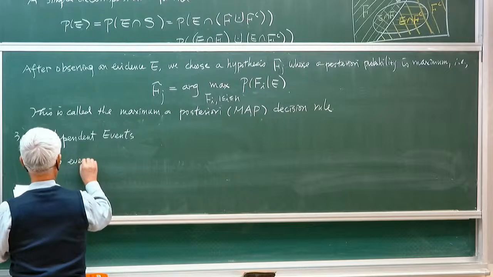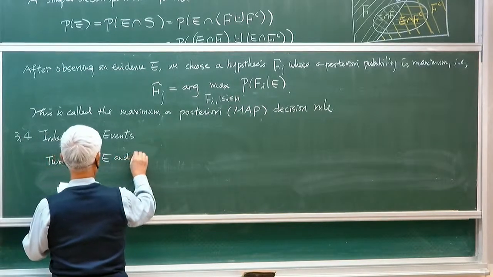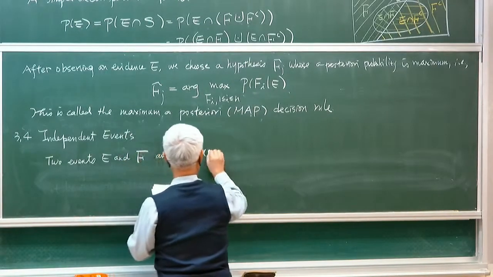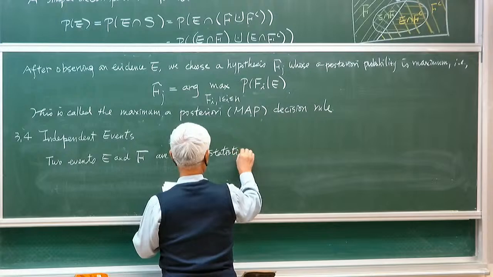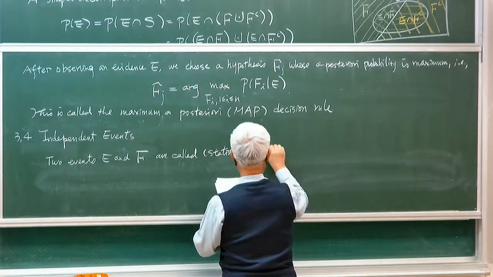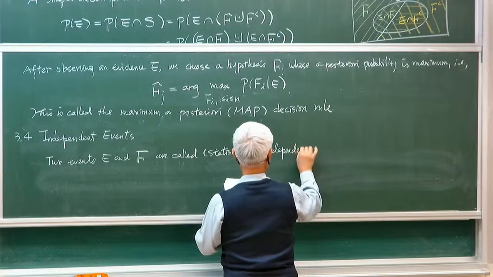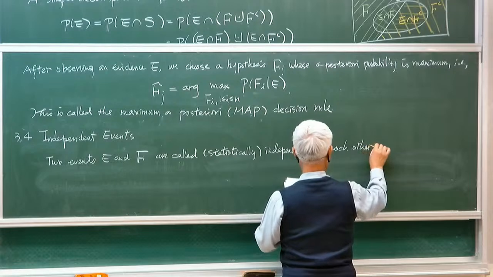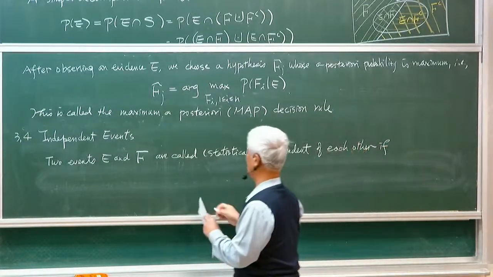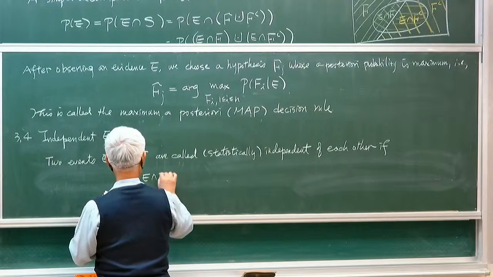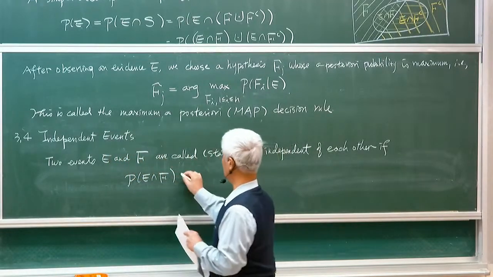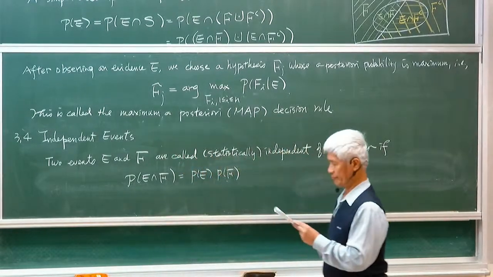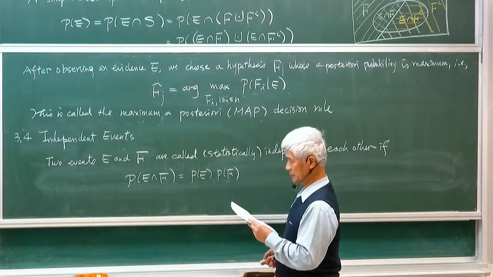So two events, E and F, are called statistically independent of each other if the joint probability of these two events is equal to the product of the individual probabilities. So if this is true,